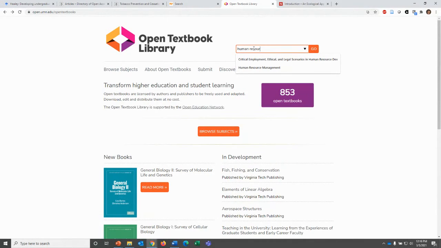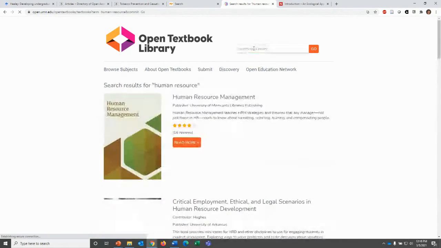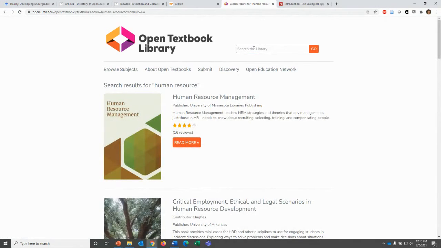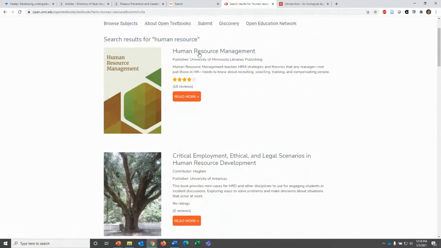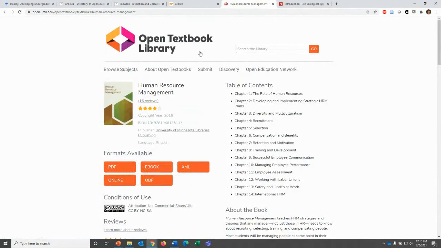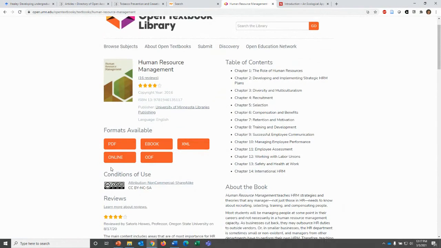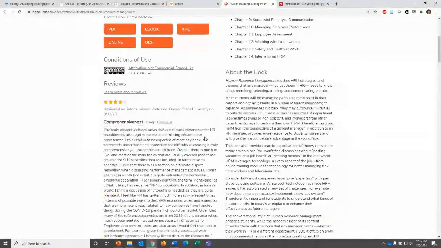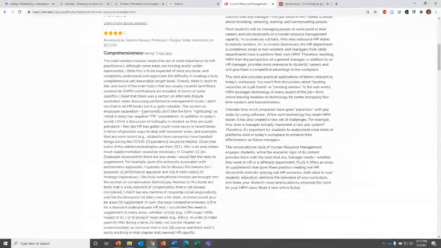So again, if I were somebody who was working in the field of human resources, post-graduation, I could simply search for human resources, and find some information that might be relevant for helping me stay abreast of my field, for staying updated and relevant in my job position, or even to refresh myself to get a new position. And I would say that I have lots of great information here, like the table of contents, again, those conditions of use, and even reviews telling me how others have used this book and whether they find that they are